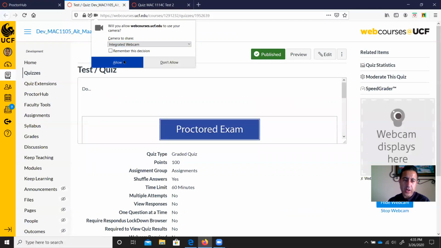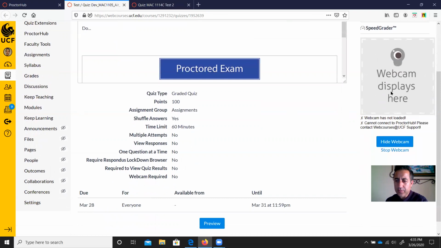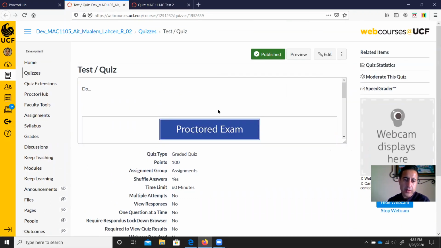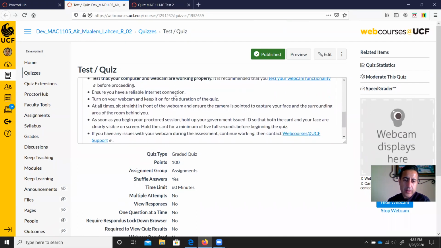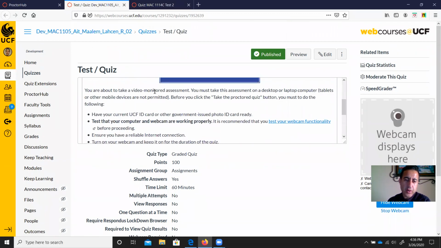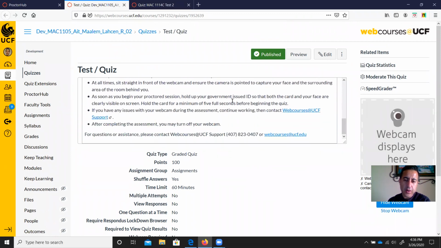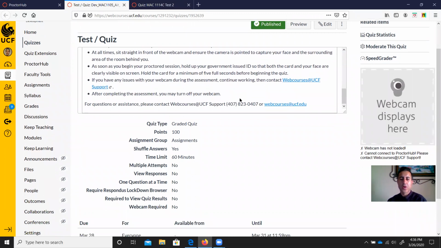You see it triggers allow, and I allow it, but it's not going to show up here. It does show up in the page, but for me it's not going to show up because I have this here already. You see your instructions are here, and the ProctorHub instructions are also here. So you can also take these instructions and email them to students so they know how they're going to use this, or like we did in the past, create a